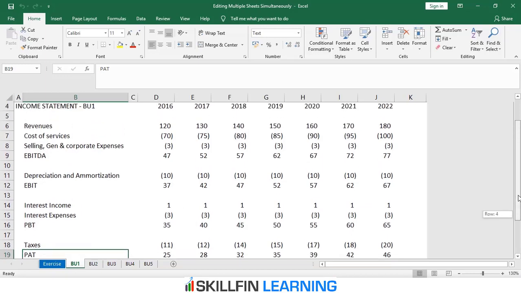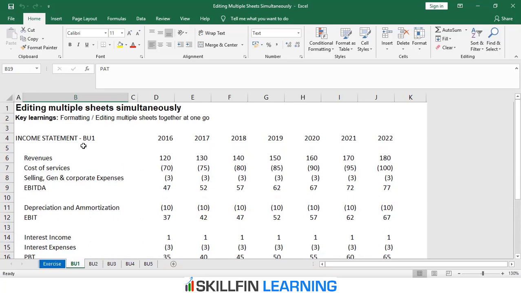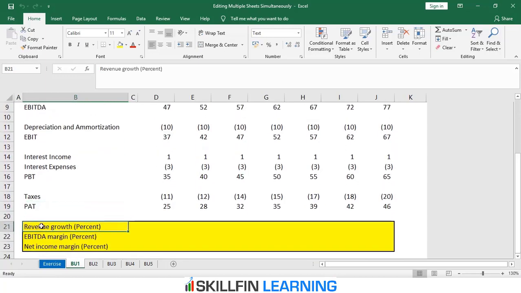So this is the typical income statement structure that we have captured for the first business unit of this company on the BU1 tab. Below, that is on row number 21, 22 and 23, there are a few important ratios of financial metrics that we would like to calculate for this business unit of this company.